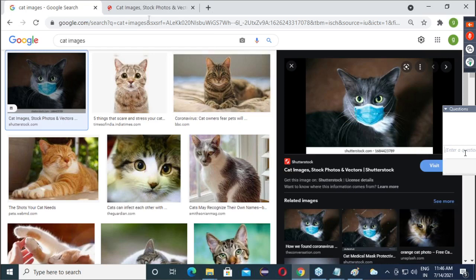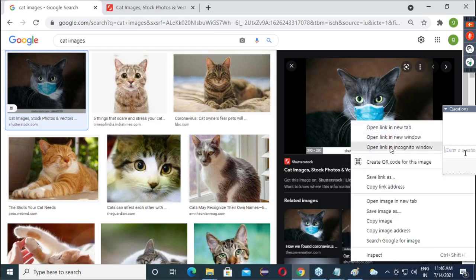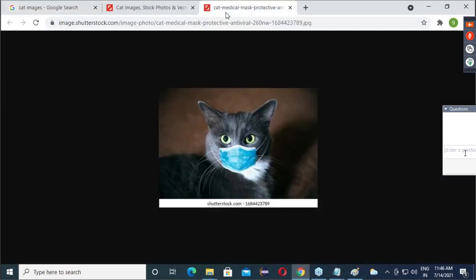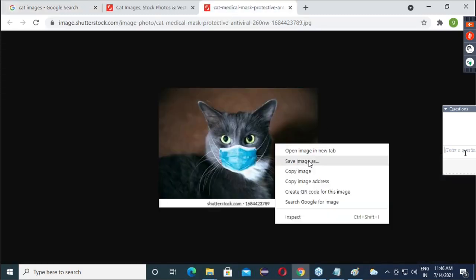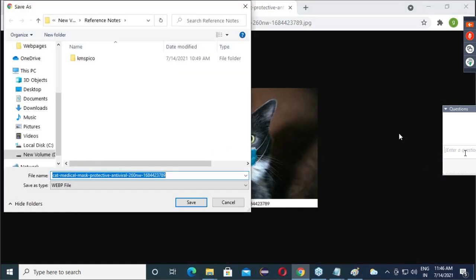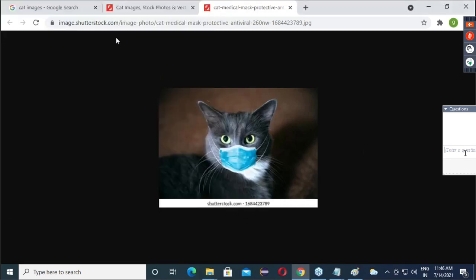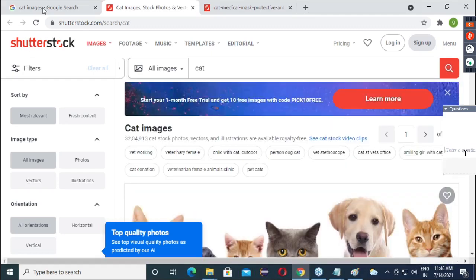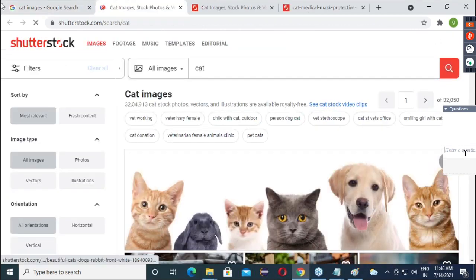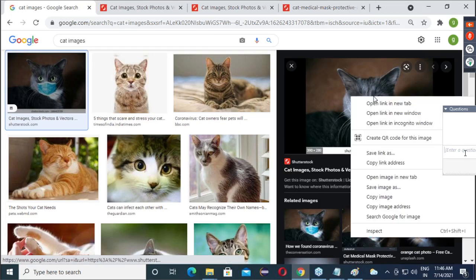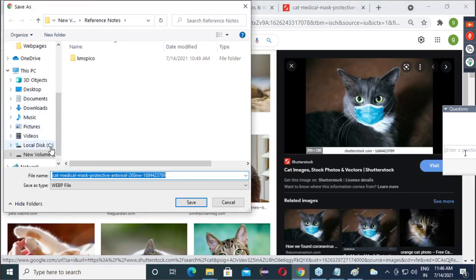Cat image only it is. Now right click and save image.